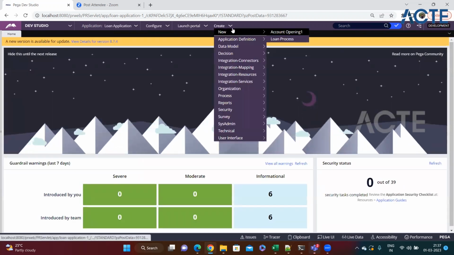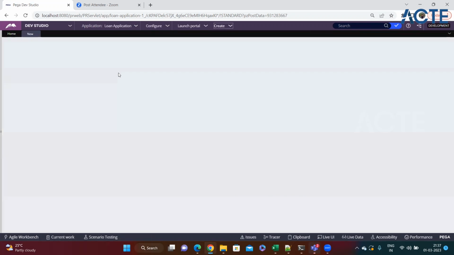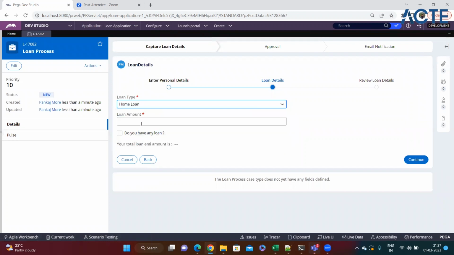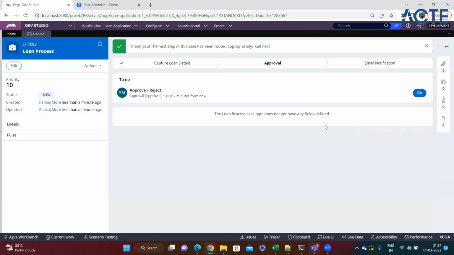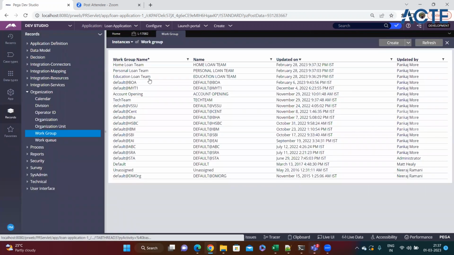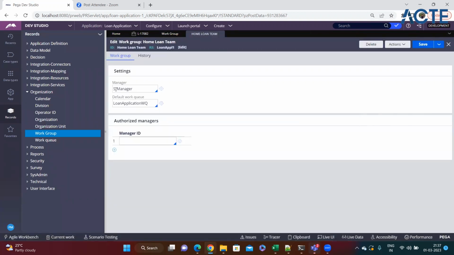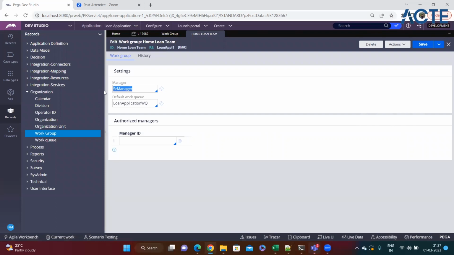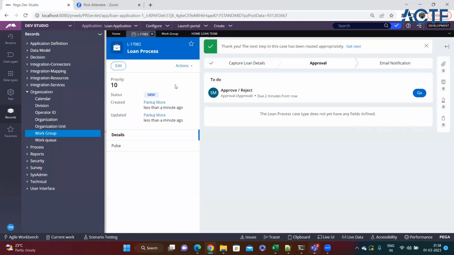So now it will go to only that particular person. For example, now let's say I'm applying for home loan, and okay, so I can see that the home loan went to the senior manager. Because we haven't yet defined any operators that belong to this home loan team. That's the reason Pega is not able to find any operator of that work group, and then Pega is saying, okay, who is the manager of it? It's a senior manager,